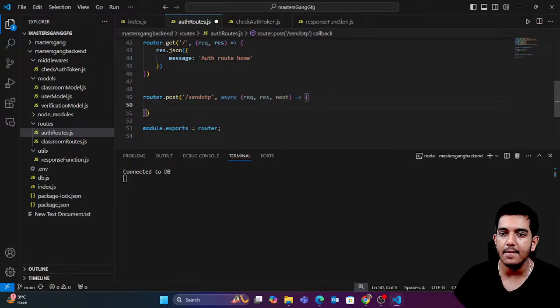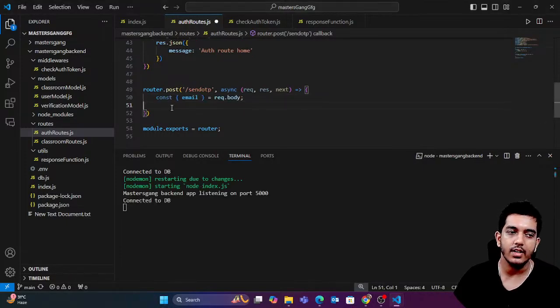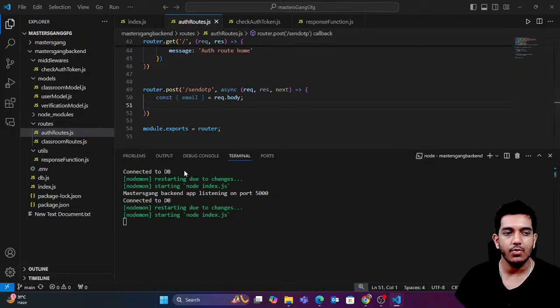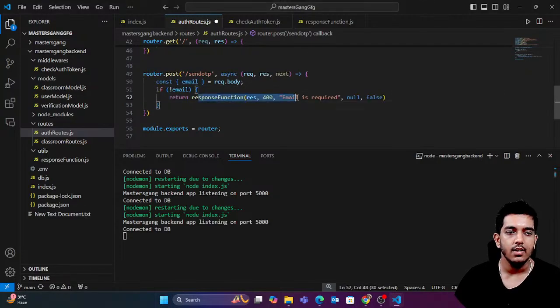I'm just creating this API. Here you need to simply ask for the email from the frontend. That means the receiver's email, the customer's email who is trying to register right now. So that person's email would be asked, and we are going to send an email to this person. Okay, so first of all I'm going to say that if email doesn't exist, call the response